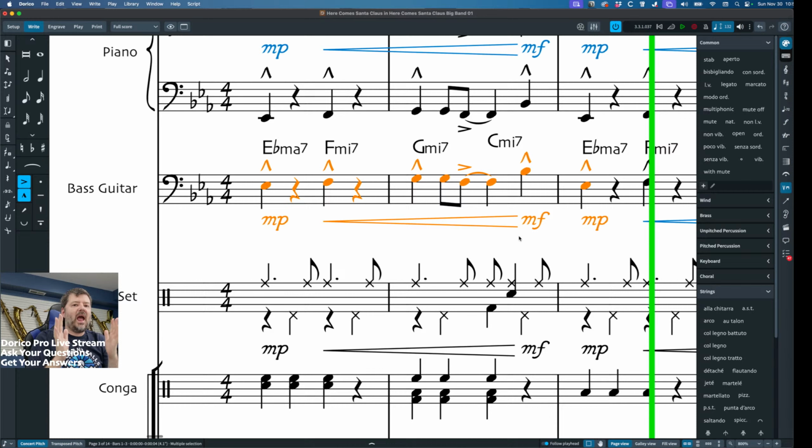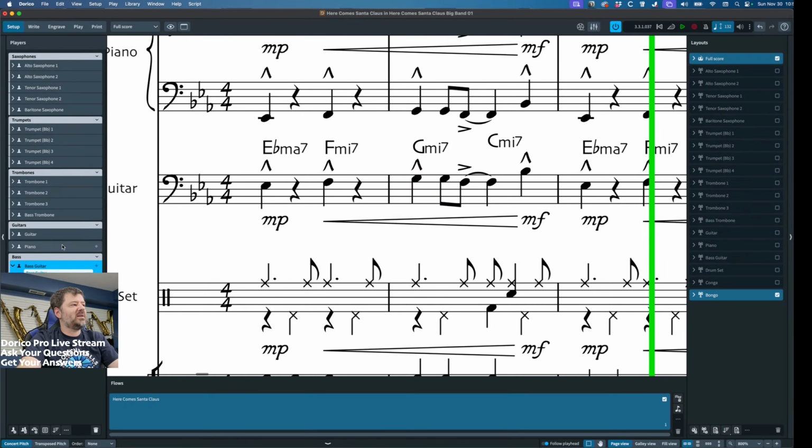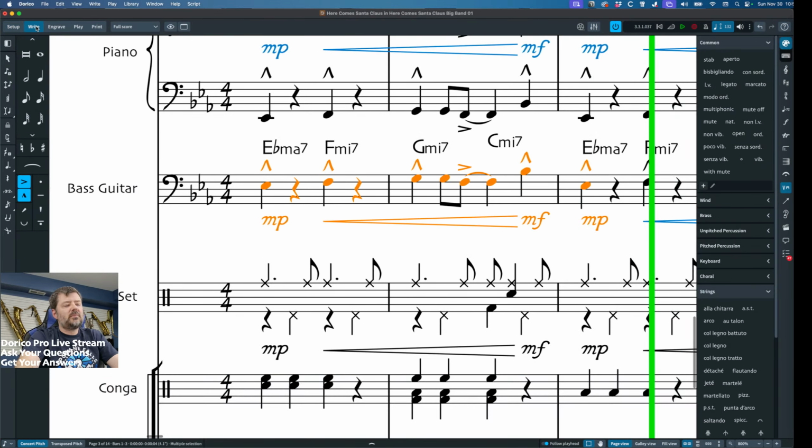So if you're having trouble viewing an instrument and it keeps coming out weird or something like that, this is a way of literally going in and changing that transposition. So for those of you joining me again, what we're doing is customizing the transposition and other elements of an instrument here in the setup tab, because there are a few instruments where I'm not sure exactly why Dorico does it the way that it does it. But anyway, moving forward, going along the lines with customizing our setup,